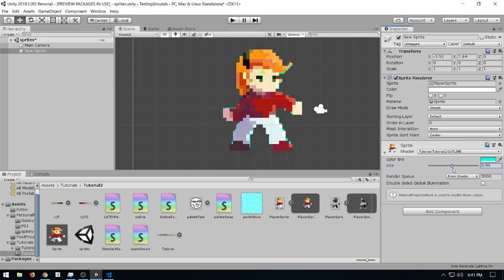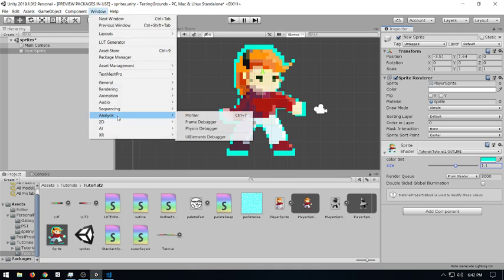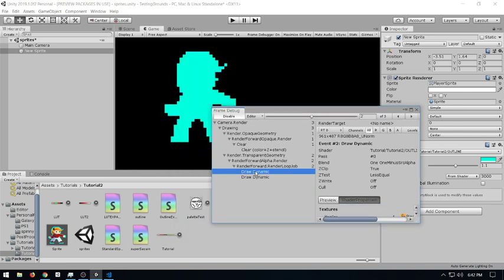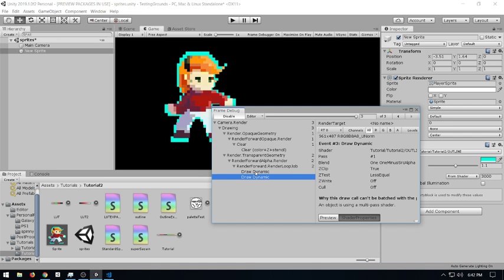There we go. We have an outline, but there's kind of a lot of problems with this. It's just kind of off. We're kind of missing some weird outline places. It kind of goes beyond and above where you would want. Sometimes it's just getting clipped entirely. We don't really have that much control over it, and it's kind of weird, in all honesty. Also, it's 2 passes. So if we go to our frame debugger and check, we now have 2 draw calls, one for the silhouette and one for the sprite. Now, for most games, this isn't really necessarily going to be that bad of a performance issue.